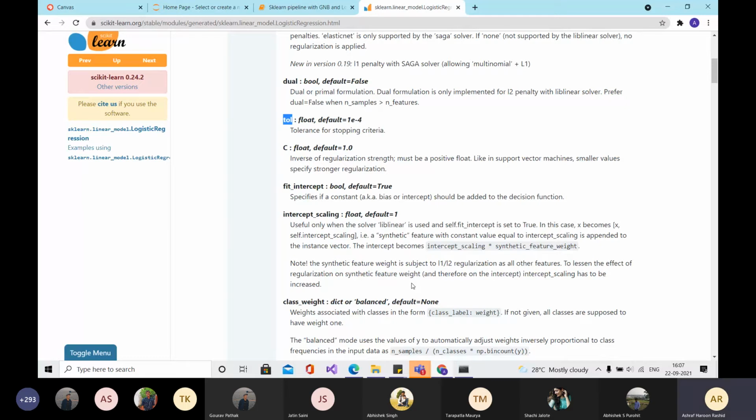You can also do it manually. You can also do a hit and trial or a brute force thing. But again, doing it manually is not recommended because you might miss some very good hyperparameter combinations. That's why we use grid search first.